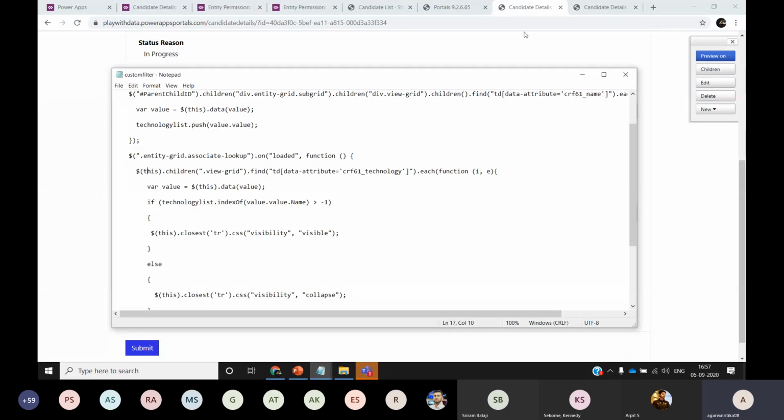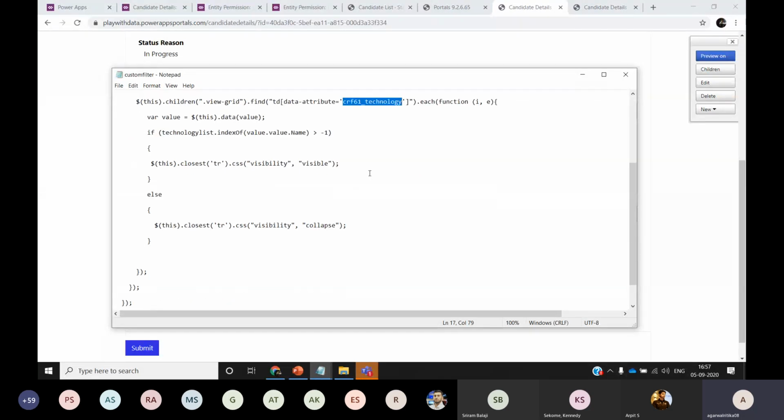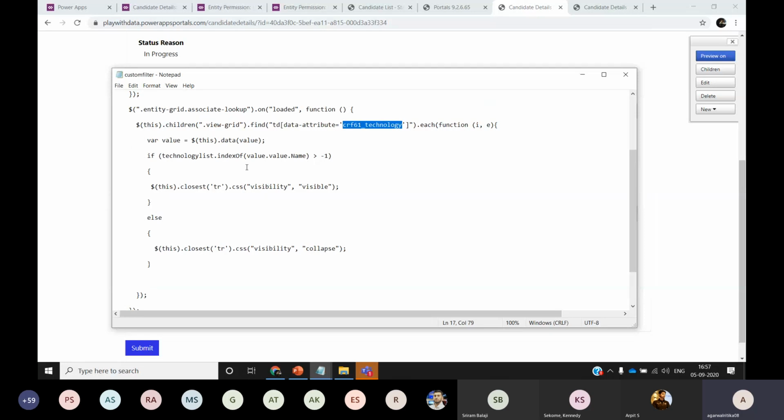Because the name of the field is the publisher name and then the field name, you can pass the logical name here if it differs in your case, but for mine it was technology, so I have taken it already.